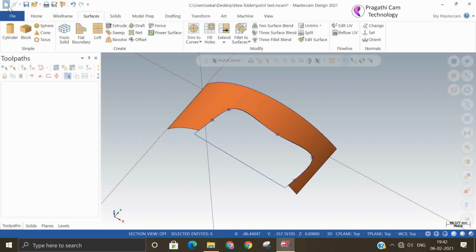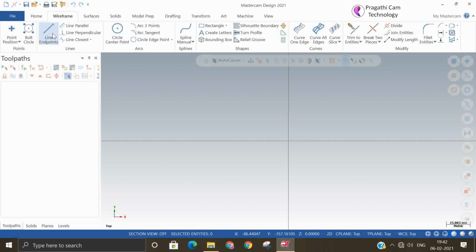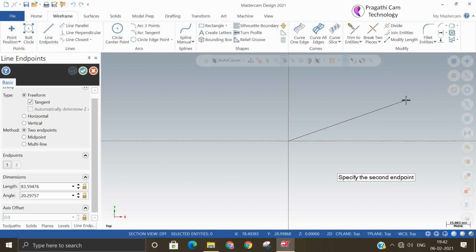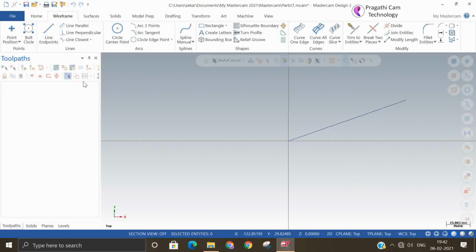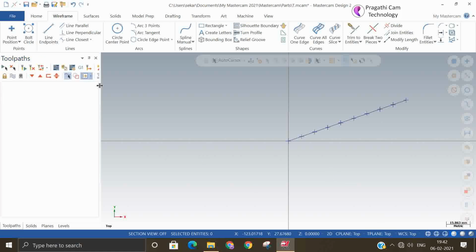Okay. So I will make it file new. Again. What is next remaining is the segment point. So if I draw one line here, and you want to split it into 10 portions, just click it here and make 10 points. You can give the distance you want, or a number also. So like this the line will be divided into 10 points.